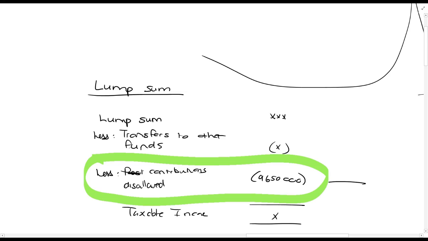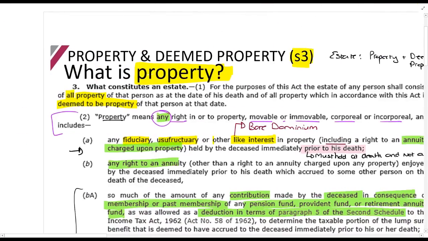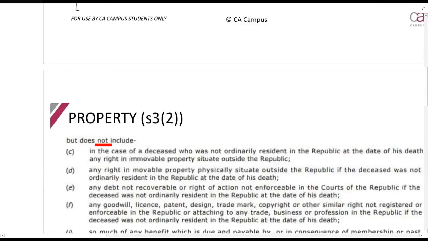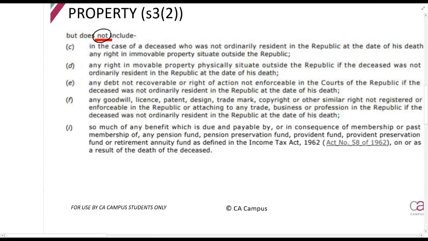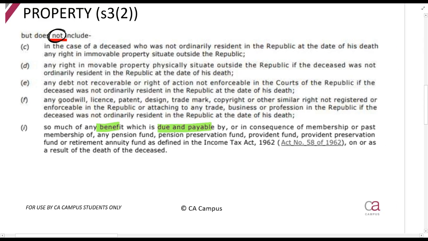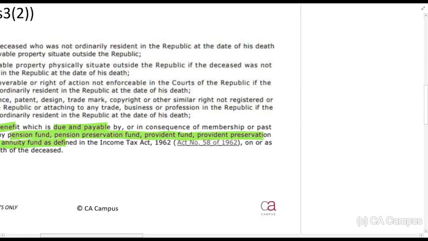So what I want you to see is that 9,650 there. Can you see what it does? It decreases this taxable income, so it decreases the amount of tax that's payable. And if I then take you just quickly to the next slide, it tells you what is not included in property. They say so much of any benefit which is due and payable by or in consequence of a membership or past membership in a pension fund, provident fund, or retirement annuity fund. So what does that mean? It means that